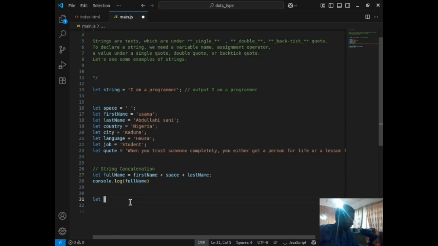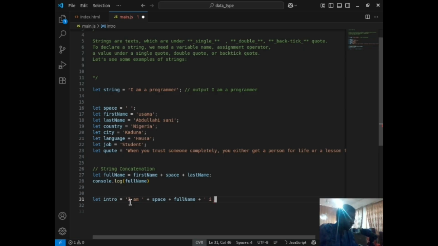I'm going to say intro is going to be, before I start using backticks, I'm going to use this: "I am" plus space plus full name, and then plus "I am Osama Abdullah Sani,"